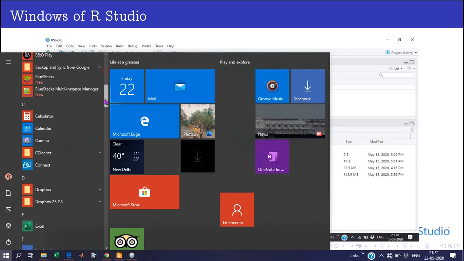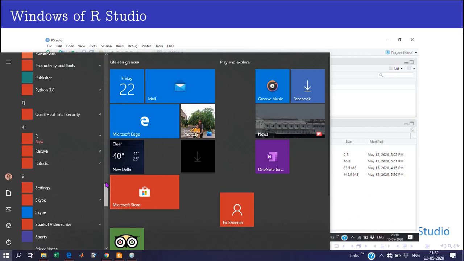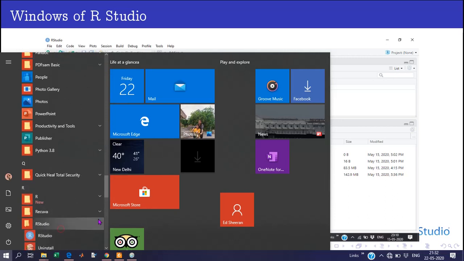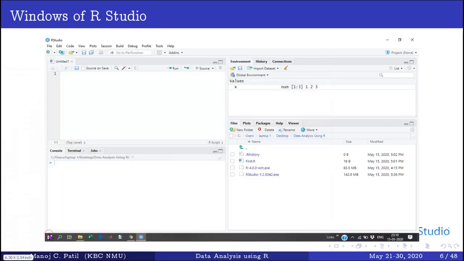Where is RStudio? Yeah, here is RStudio. We will start RStudio and discuss the different windows available in RStudio.